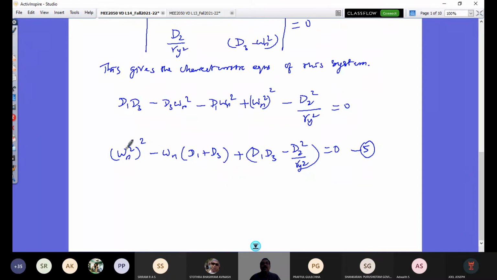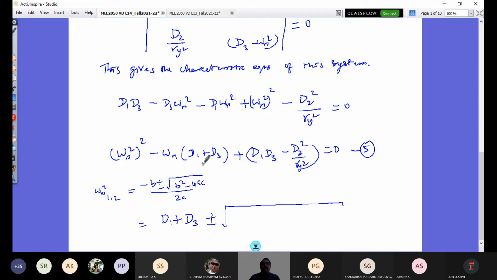So the roots of this characteristic equation would give me two values of omega n square, and their root further would give me omega n, two positive roots, and that would be one referring to bounce frequency and the other referring to pitch frequency. So let us get that. It is nothing but minus b plus or minus root of b squared minus 4ac by 2a, which is going to give you two roots, omega n square 1 comma 2. So substituting into this, B is this, so minus of minus, this has become d1 plus d3. So minus B by 2A, so 2 into 1. So d1 plus d3 plus or minus under root of